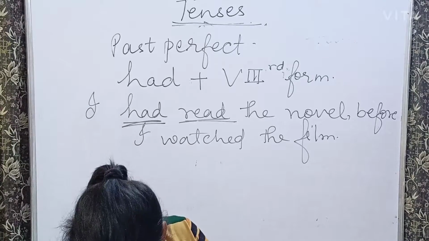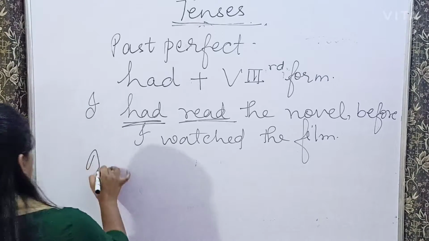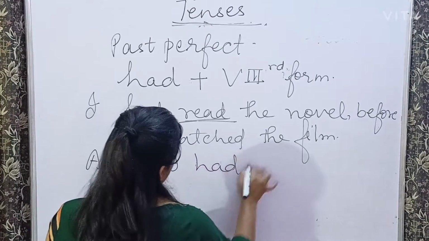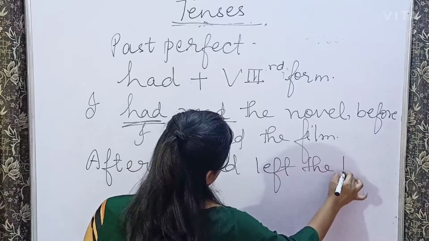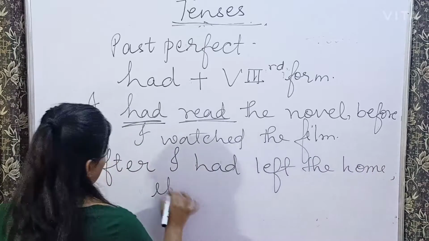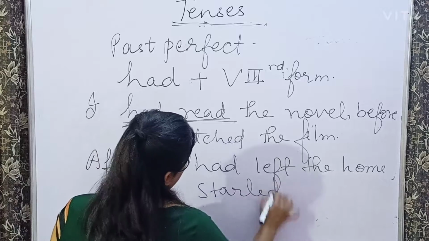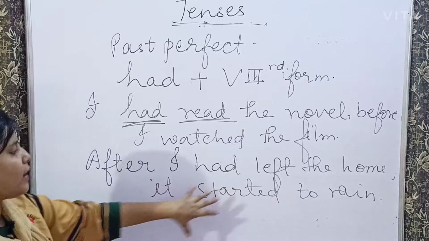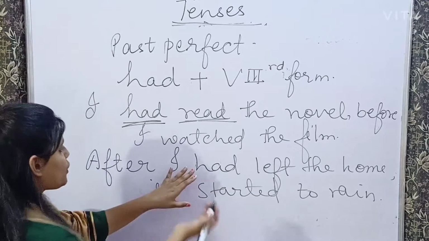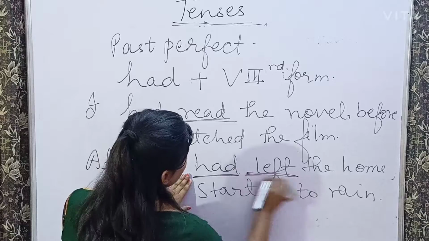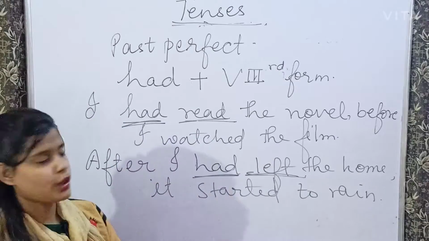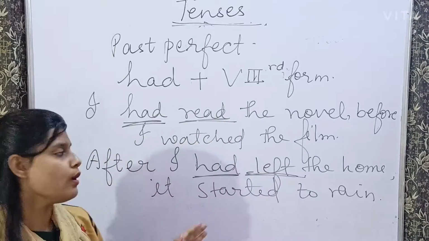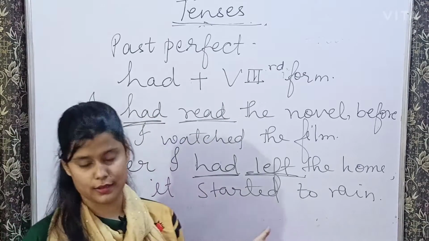And also some more examples I can say that after I had left the home, it started to rain. Means जब मैंने घर छोड़ा अचानक से what happened, it started to rain. So had लगा है प्लस verb का थर्ड फॉर्म लगा है, that is left. तो इसमें हमेशा had लगता है प्लस वर्ब का थर्ड फॉर्म लगता है. It is the easiest way to identify these kind of sentences. ओके,